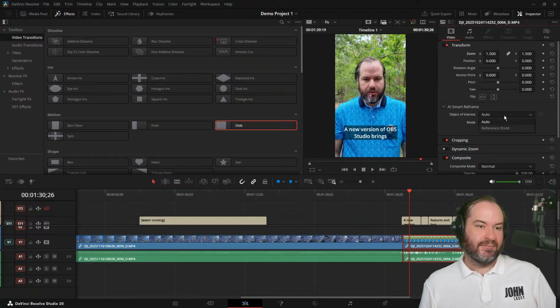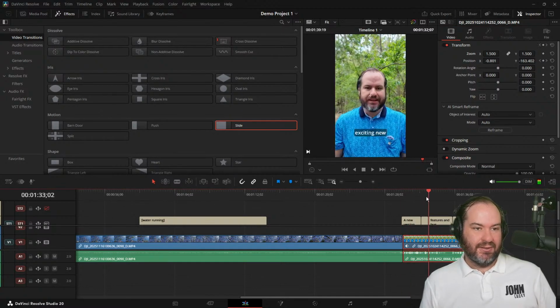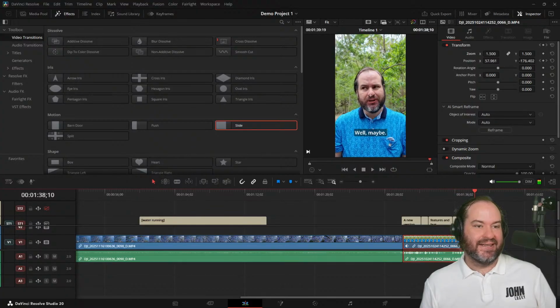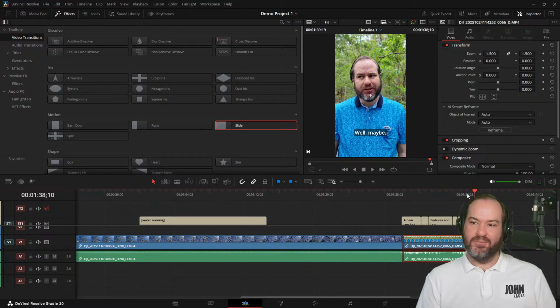if we go auto, go reframe. This is probably not a great example because I'm not moving around in the frame very much. Don't worry about that too much, but potentially if you do have movement, especially if you have a clip where it was horizontal and you're just trying to repurpose it into vertical, that might be a useful thing to